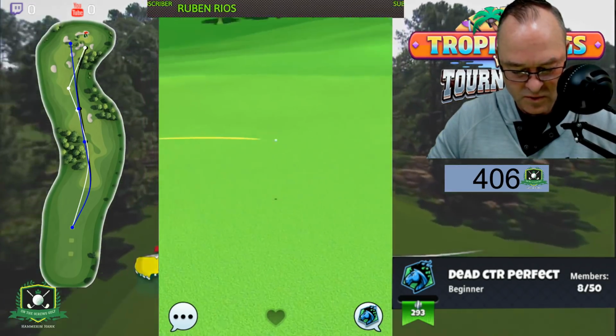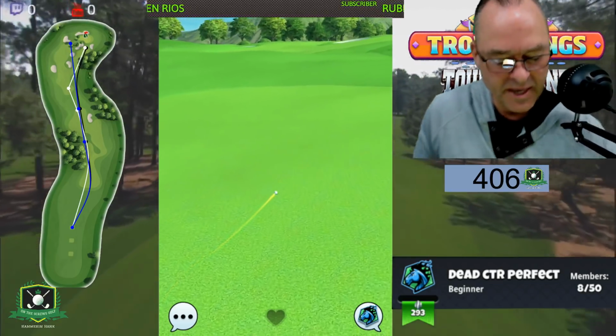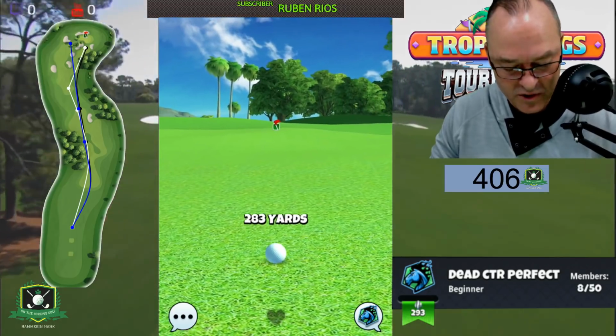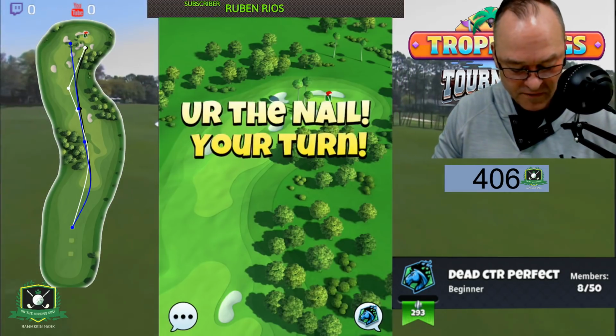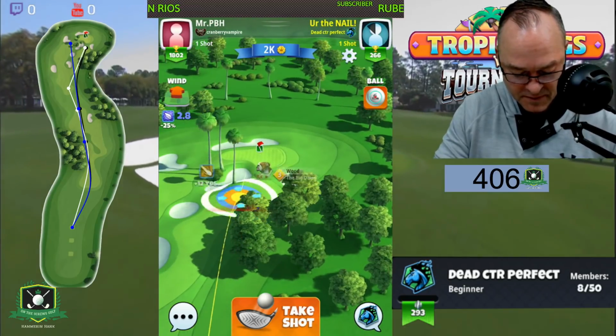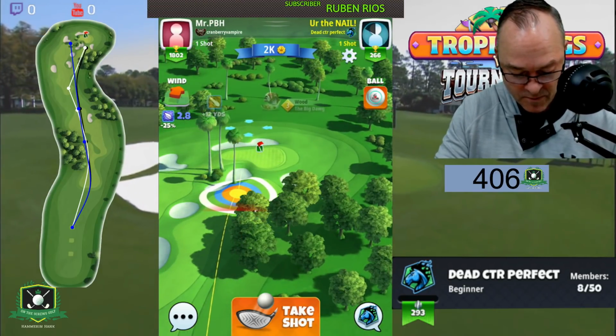My opponent makes a really nice shot as well. He made it a little bit more difficult on himself because of the curl shot and around the trees. I think he could have just gone over the trees with backspin like myself, but all good. So you see right here,